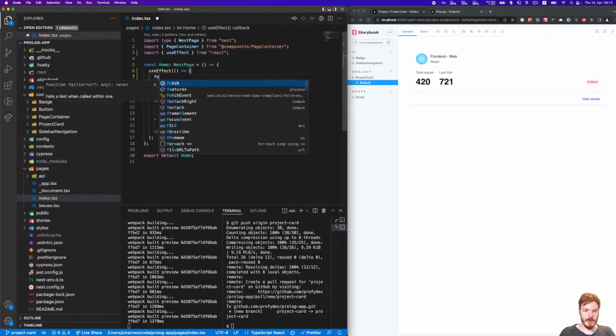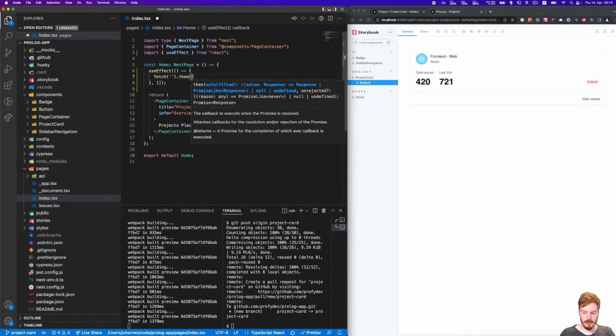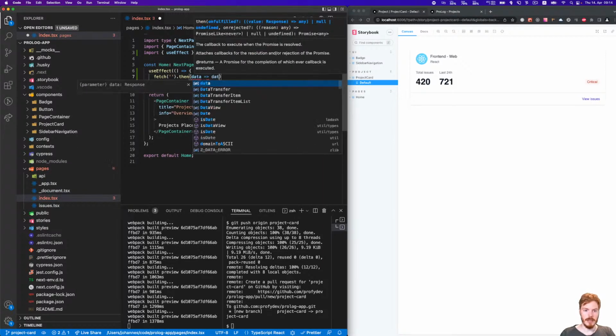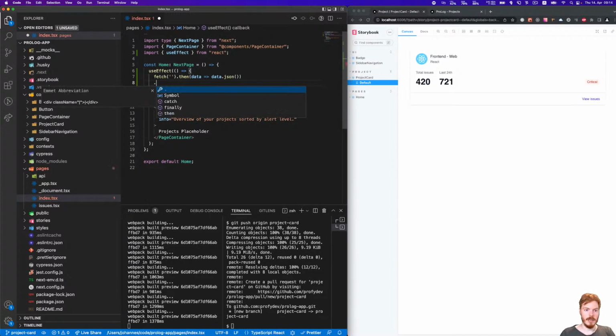And then what we could do is fetch and then the URL, and I guess that's actually it. Then something like then data JSON, and then